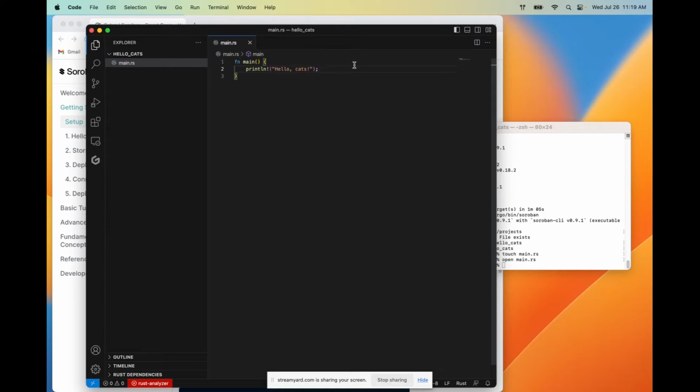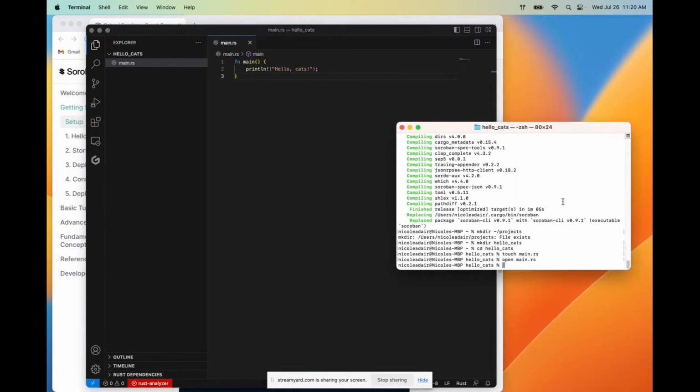A macro is a little bit different from a normal function, but we're not really going to get into this right now. If you're curious to learn more, I'll include some links for extra resources about macros and the difference between macros and functions in the show notes. But the most important thing to note is that inside this macro, which is the main body of our function, we have our string hello cats, which is the string that we're passing into the argument. Finally, the line ends with a semicolon, like most lines of Rust code and like many other programming languages. And that is it. That is our first ever piece of code in Rust.